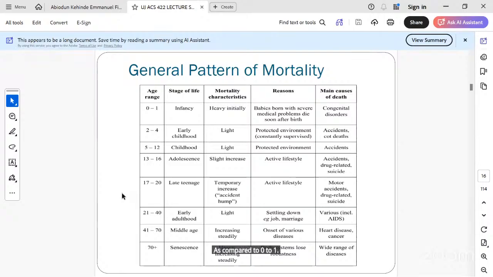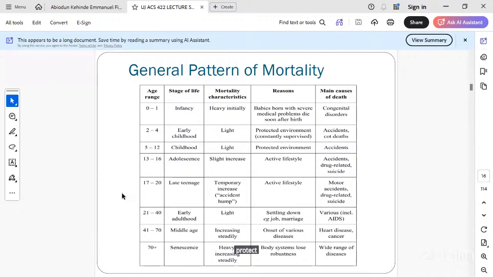So you will notice that various governors or various state governments, even the federal government too, have introduced different immunization programs. So those immunization programs are meant to actually